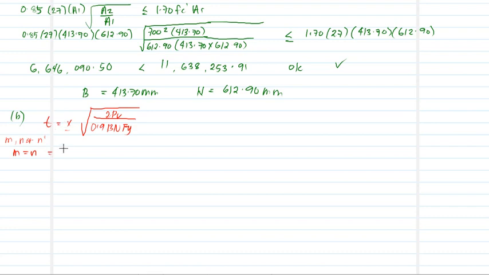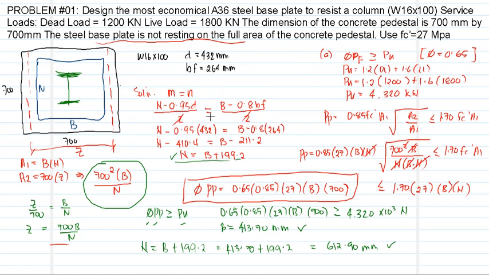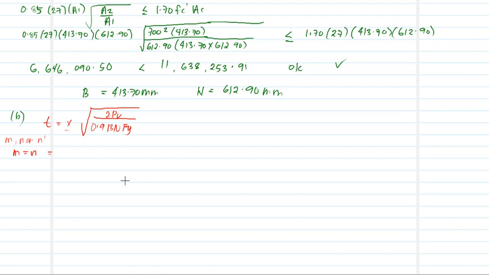Okay? So, for M, that is equal to N. So, isolve natin siya. That is yung equation natin kanina ng M, N minus 0.95T over 2. So, we have N that is equal to 612.90 minus 0.95 of D, which is 432 over 2. So, yung magiging value ng M is equal to N natin is